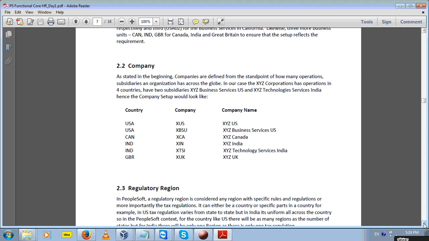And it has operations in 4 countries, right? So for USA, this organization will be called XYZ Corporation USA. For India, it will be called XYZ Corporation India, right? For Canada, it will be called XYZ Corporation Canada, right? Now it has 2 more subsidiaries, XYZ Business Services which is in USA, and XYZ Technology Services which is in